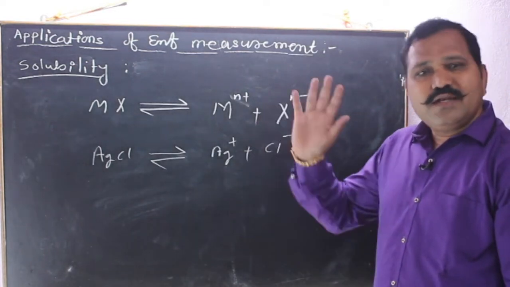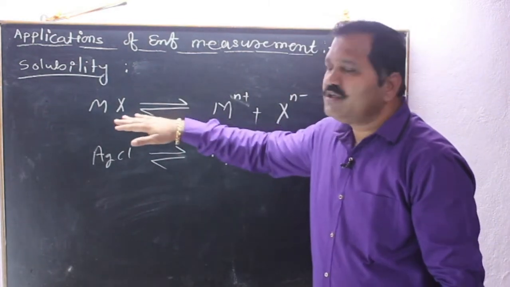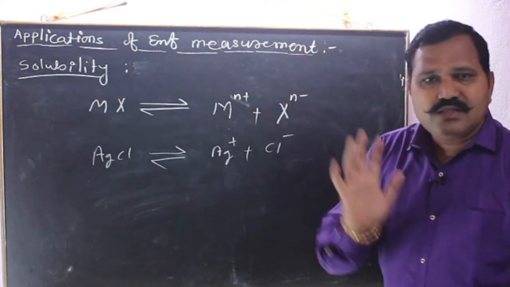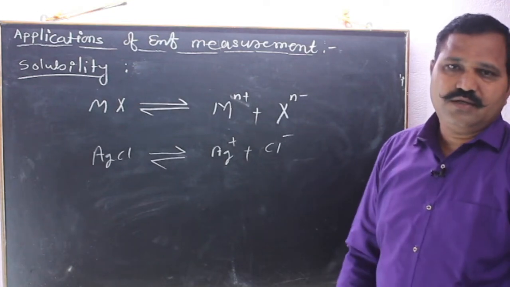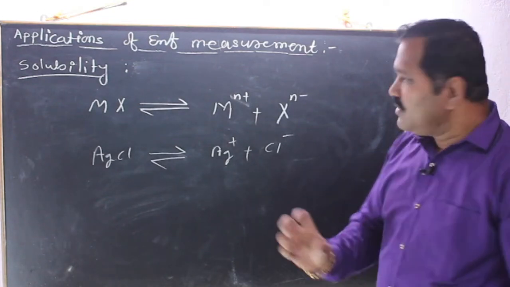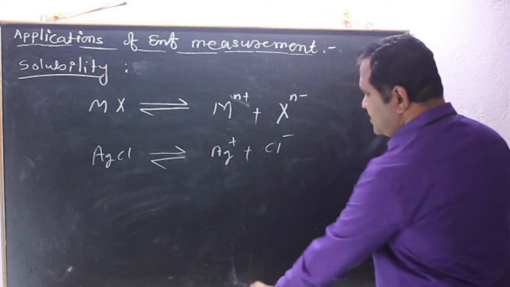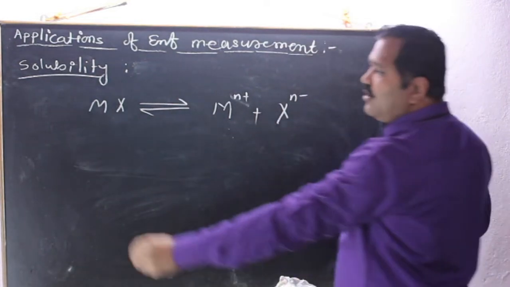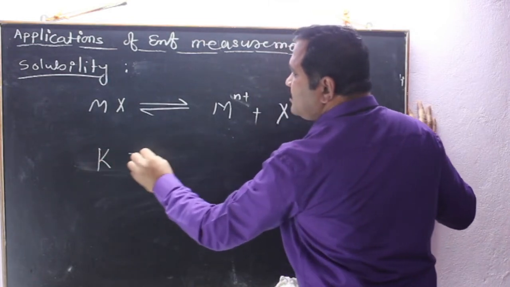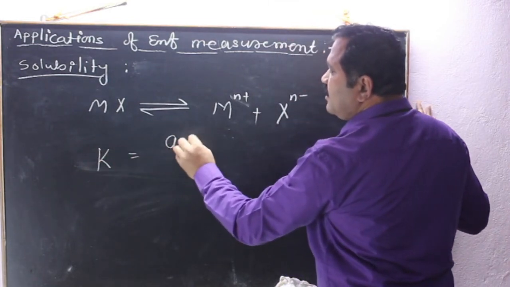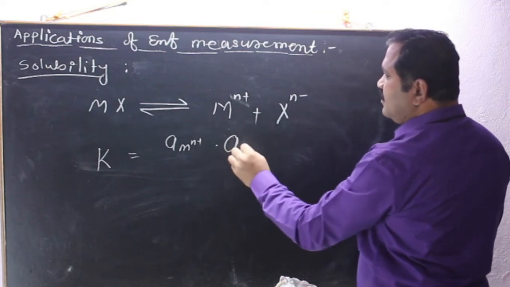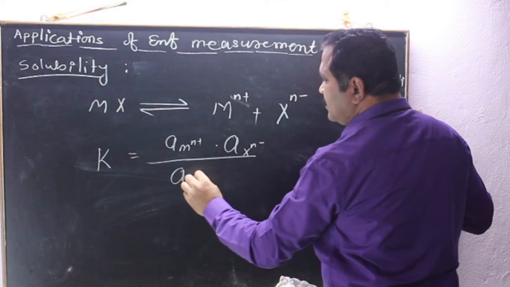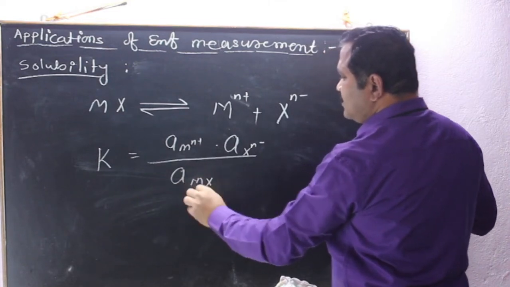Okay, and whatever be the concentration dissolved, concentration of Mn plus or concentration of X minus, that will give the solubility. Now, if we apply law of mass action to this equation, we are considering a general equation. If we apply law of mass action, K is equal to activity of Mn plus into activity of Xn minus upon activity of